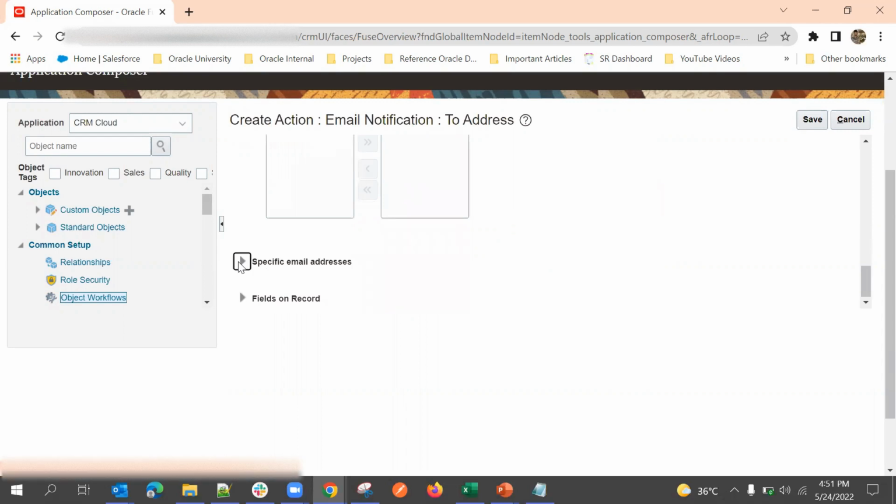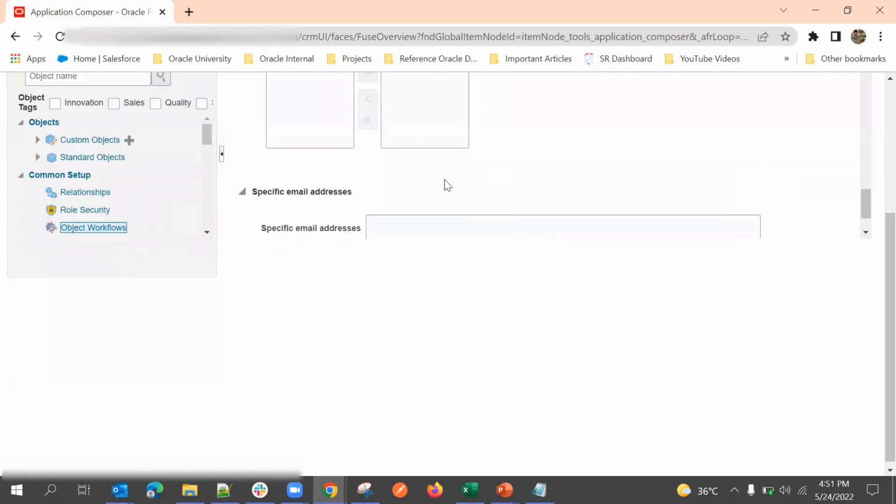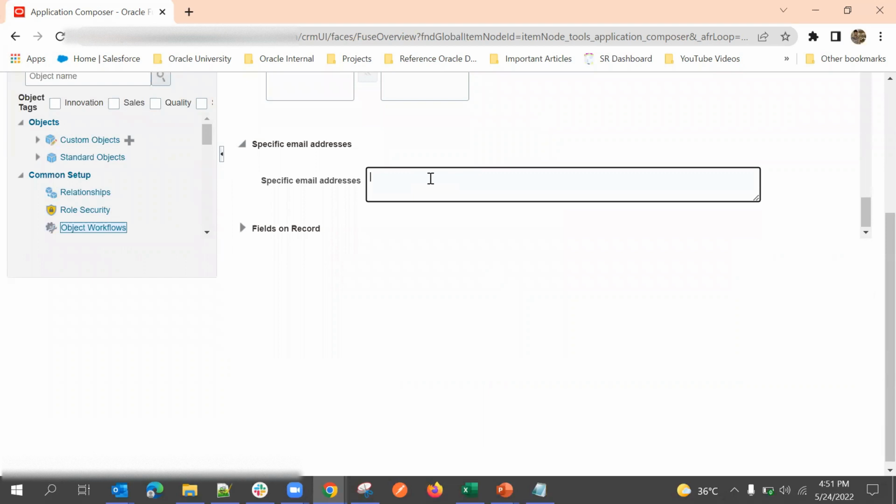We can also explicitly give specific email addresses, our own emails. If we have more than one email, we can just use a comma and then give the other emails